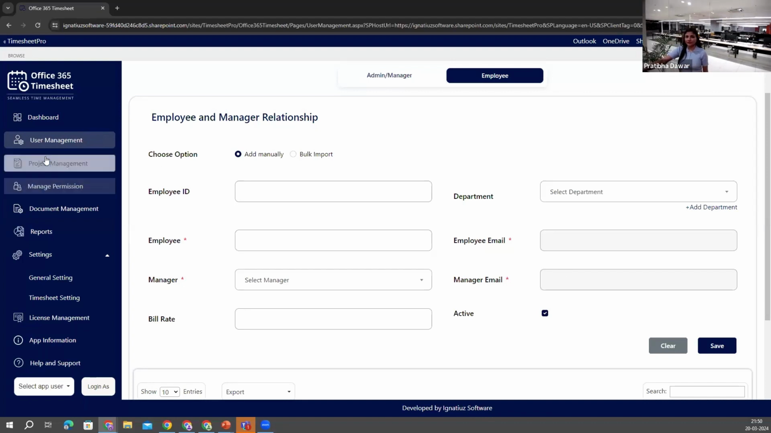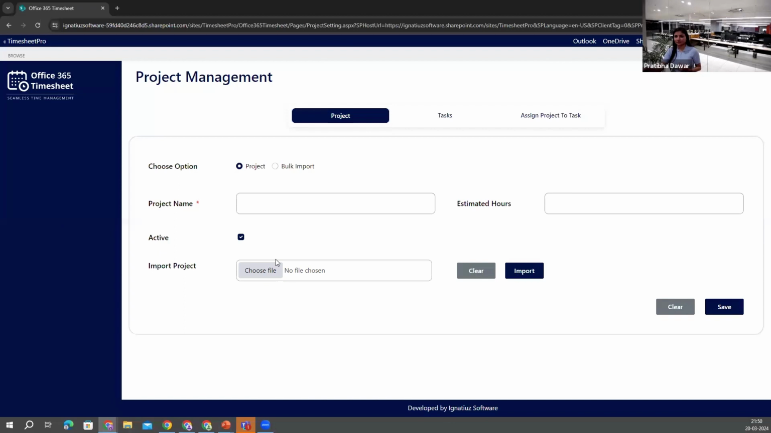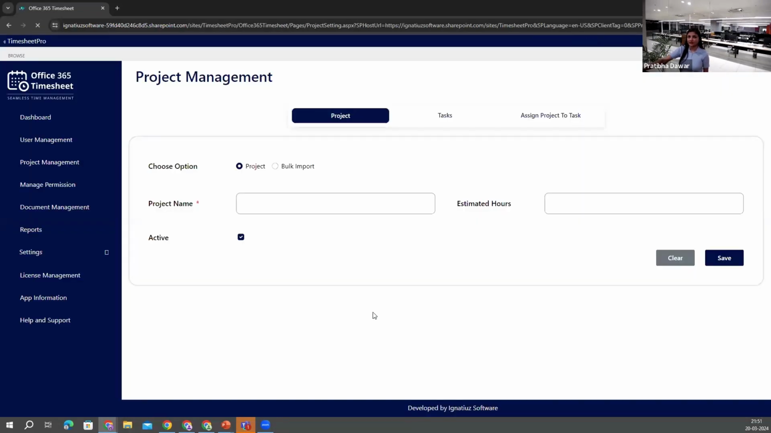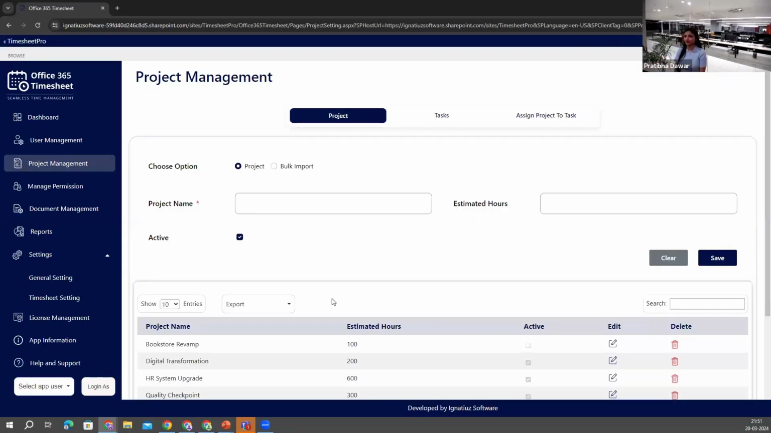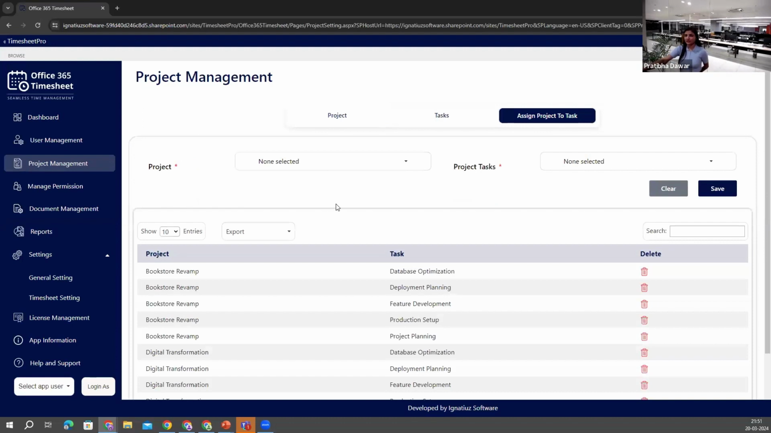And similar to user management, we have a page for project management. This is also a very important thing which is required to be done before the employees use the timesheet. To create a project, we just need to go to project management. From here, we will see different tabs for creating projects and tasks and creating a relationship between project and task. And this is also very easy for the admin to switch from one tab to another tab,